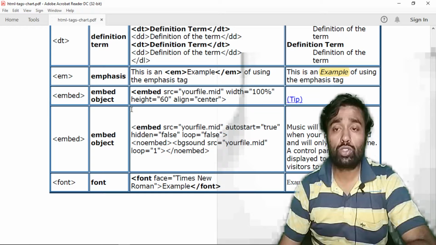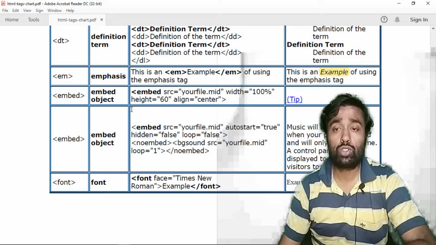Height, you can set any height you require on your web page, and align it to center, right or left. You can align it to any position. So with the embed object, you can embed the source file. Autostart is true, hidden is false, loop is false, and noembed. Background sound and source will be looped to 1.